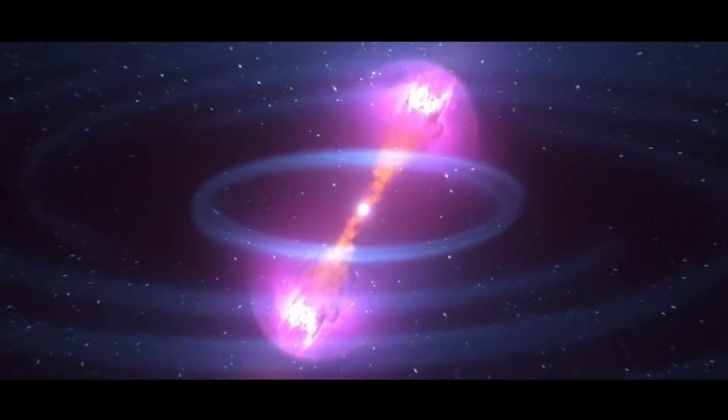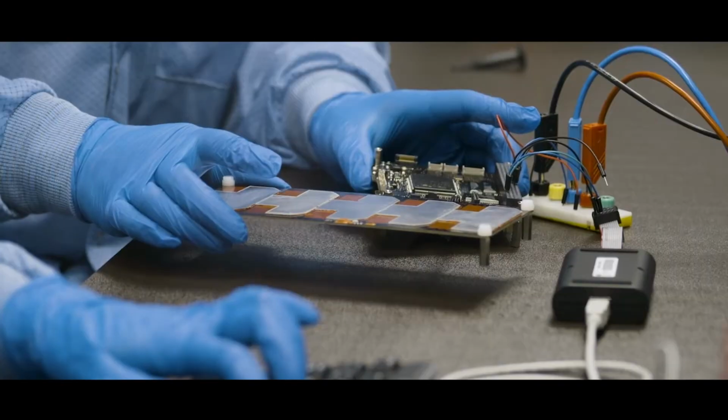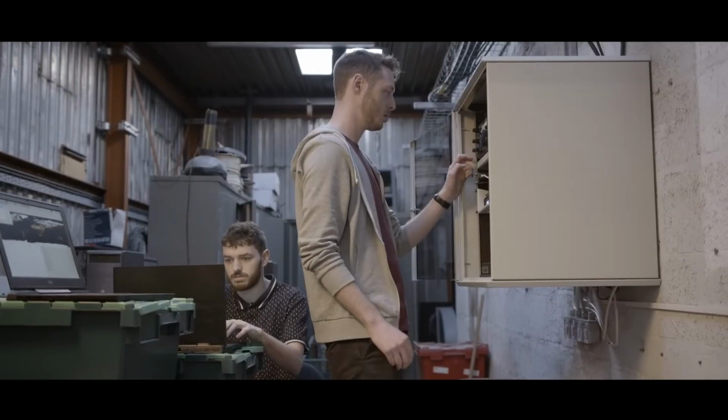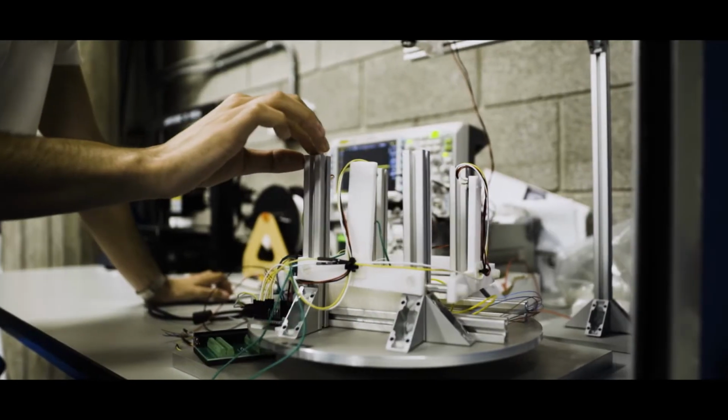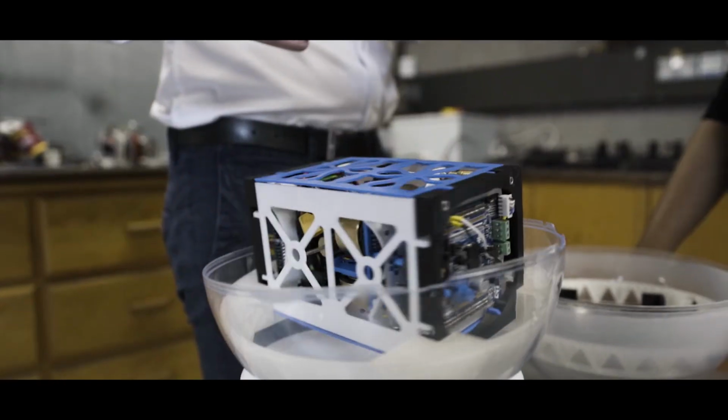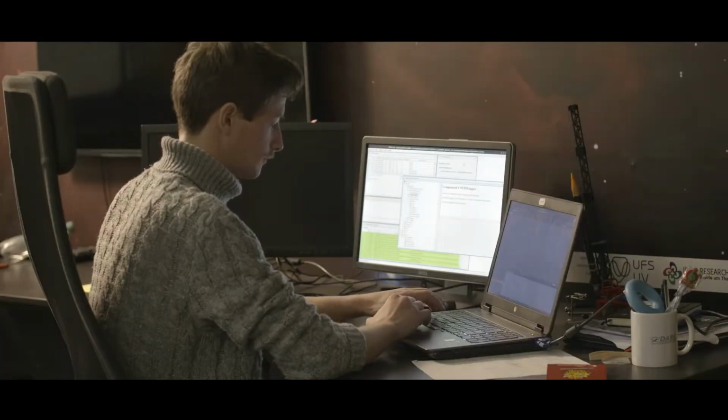It has 3 experiments on board with Irish technology. One is a gamma ray detector called GMOD. One is a material science experiment called EMOD, and the final one is a control experiment called wave-based control. So while it's being built by students and researchers in UCD, a lot of Irish companies have also contributed to